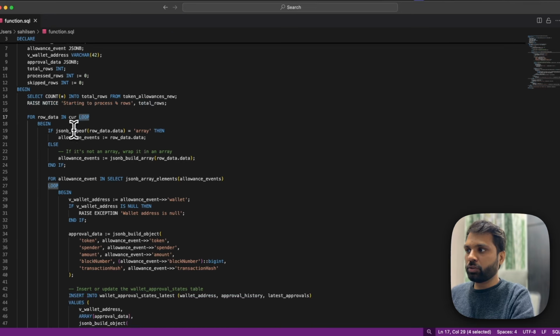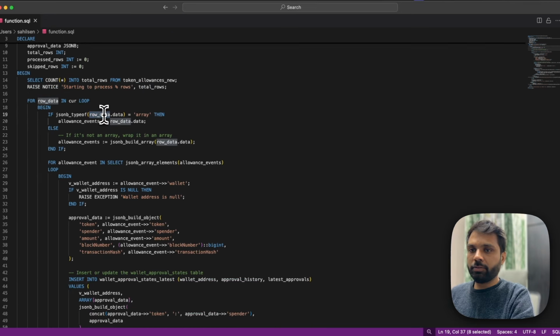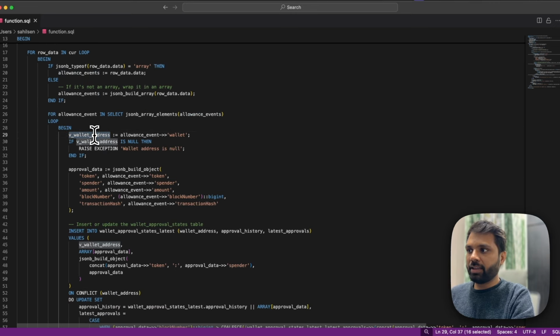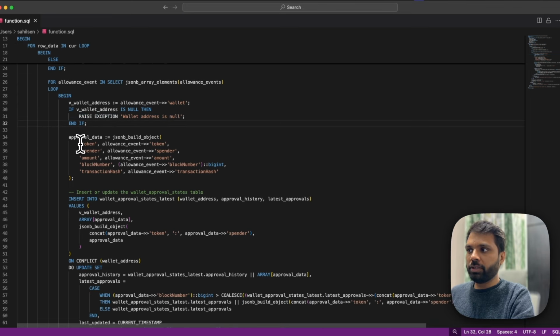And then we have a loop to go over the row data variable, and we are getting the data from the row data variable and seeing if it is an array, and if it's an array, storing the data of the data column in the allowance events variable, and if not an array, we are making it an array. And after that, we are going over each allowance data and storing it in allowance event from allowance events. And then we are getting the wallet address, and if the wallet address is null, we are throwing an error message. And then we are going through each field like token, spender, amount, block number, transaction hash, and adding them to